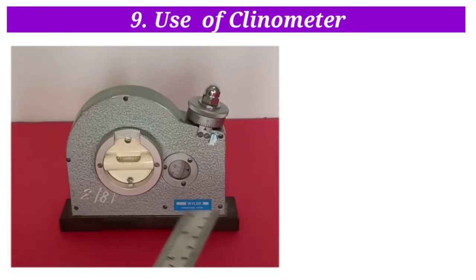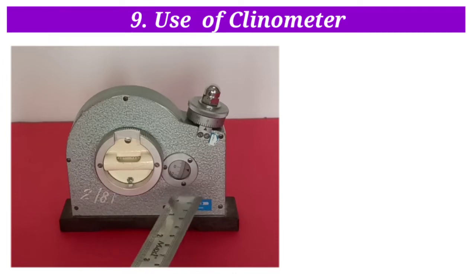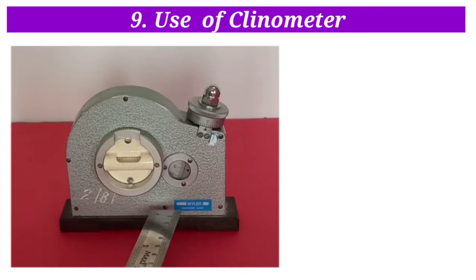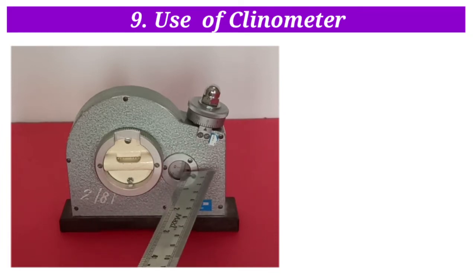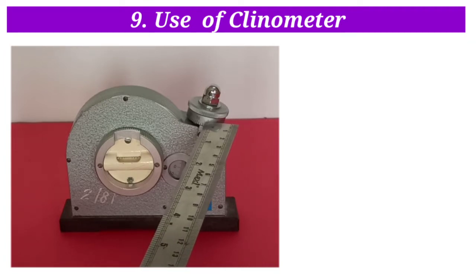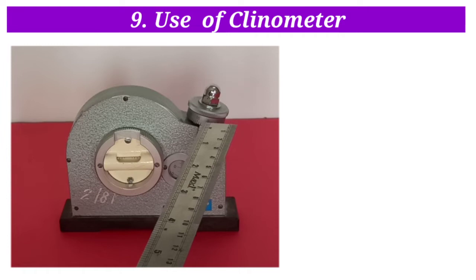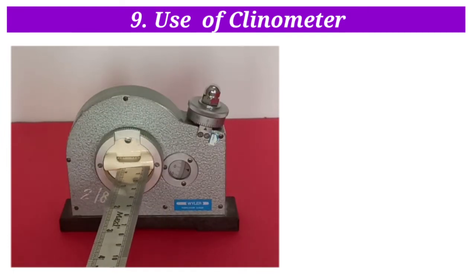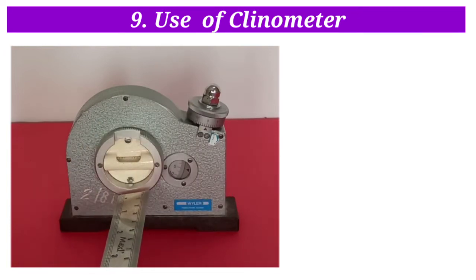A clinometer is a spirit level mounted on a rotary member. The angle of inclination of this rotary member with respect to the base can be measured by this circular and this fine adjustment scale. It consists of a spirit level mounted on a rotary member carried in this housing. One face of the housing forms the base of the instrument.